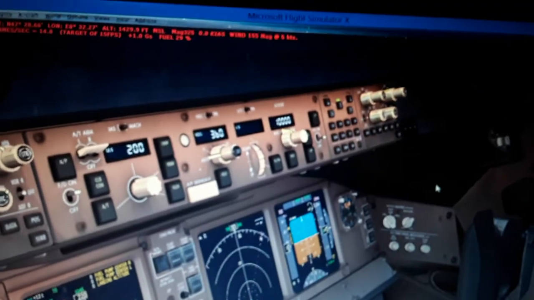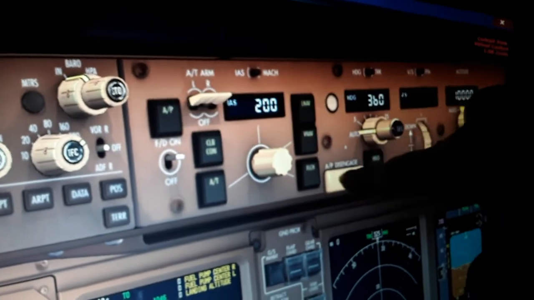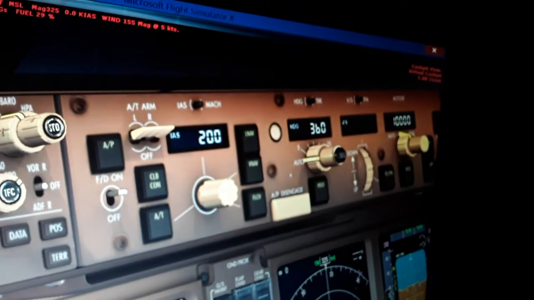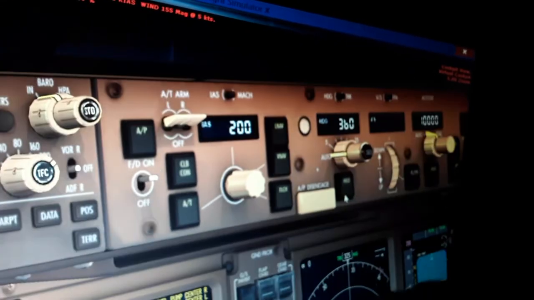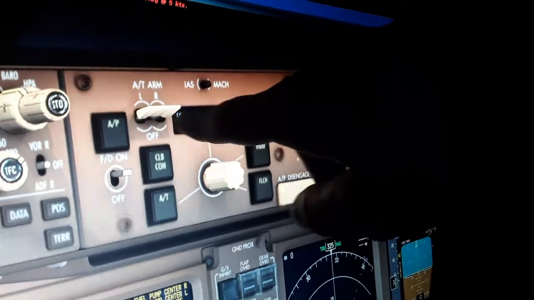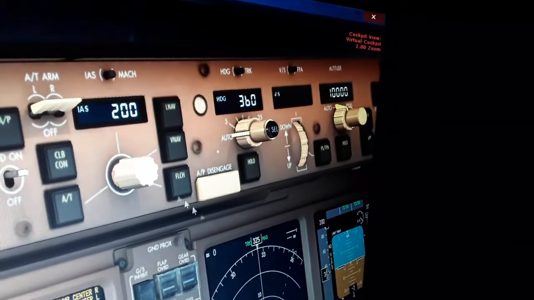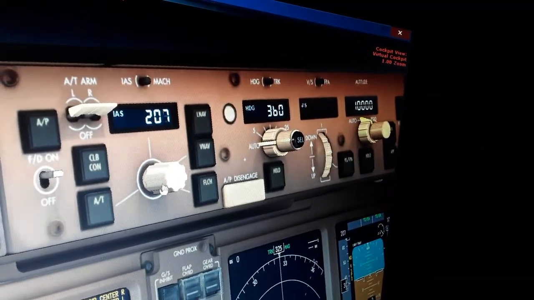We also have the altitude hold and the altitude select knob, the altitude hold switch, and the altitude that selects the barometric altitude the aircraft is gonna fly. So we have here the autopilot engage, disengage, flight director engage, disengage, auto throttle arm on and off, left and right. The airspeed select here. You can select a different airspeed like